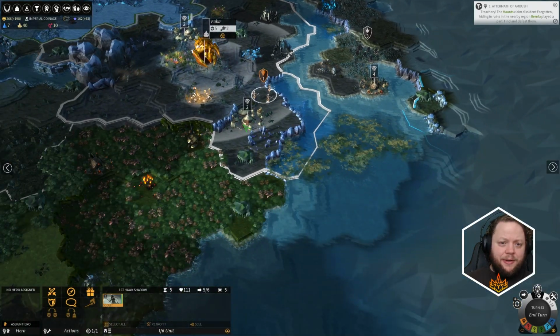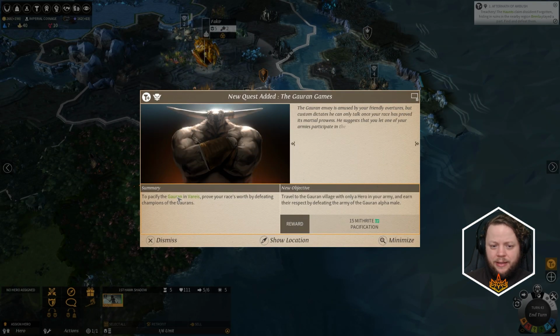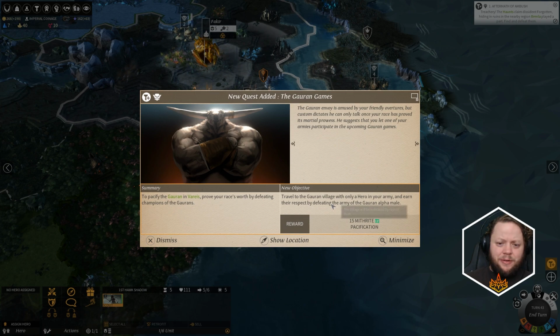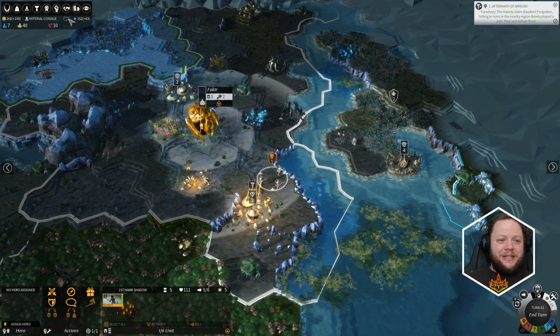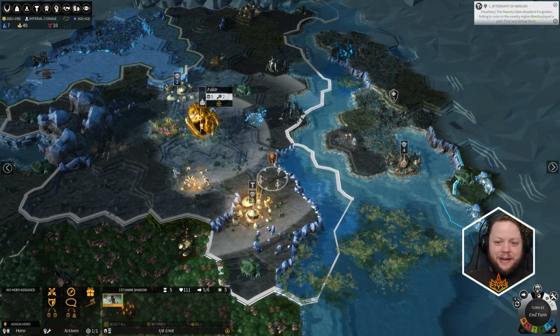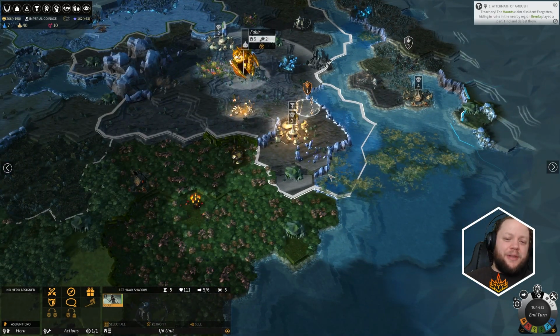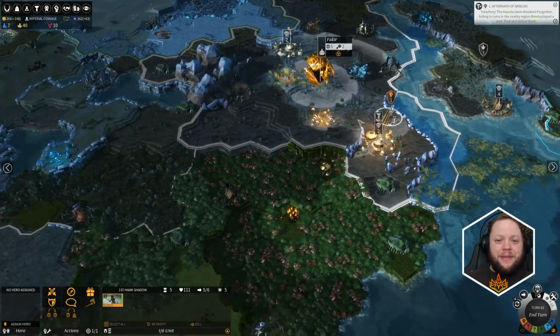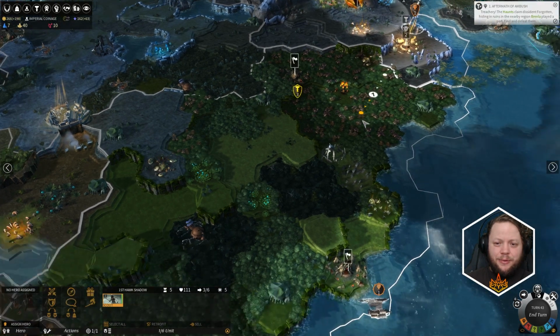Now this scout here could potentially try to pacify this village. We might as well. To pacify the Guaran in Varus, prove your race's worth by defeating champions of the Guaran. Travel to the Guaran village with only a hero in your army and earn their respect by defeating the army of the Guaran alpha male. That is a super cool quest line, but we probably don't have the ability to complete that right now, so we're not gonna even bother. I actually love that quest line though. They're like, show us your might. Okay, we can deal with that. That's pretty cool. Alright. I guess we send this guy down here some more just to be eyes in this